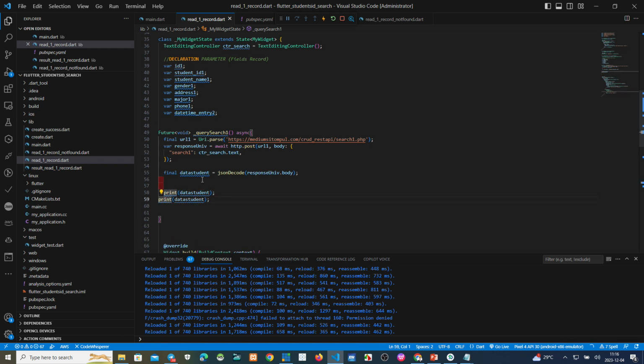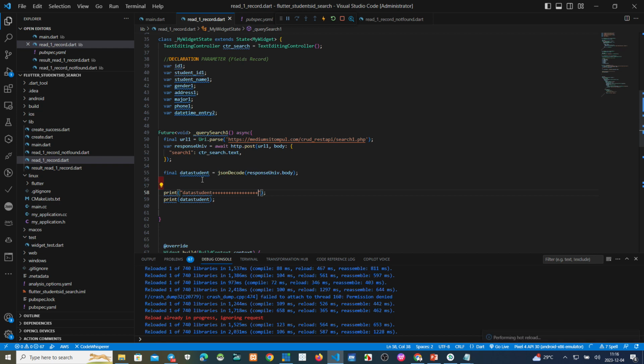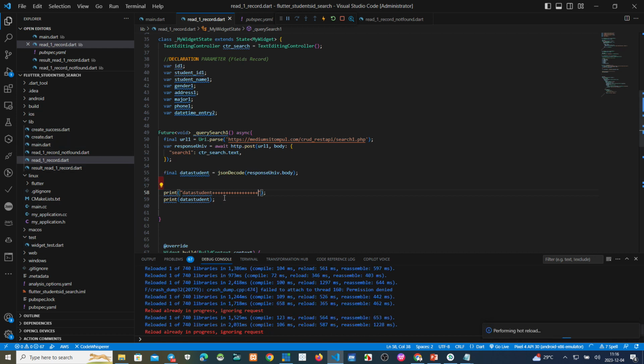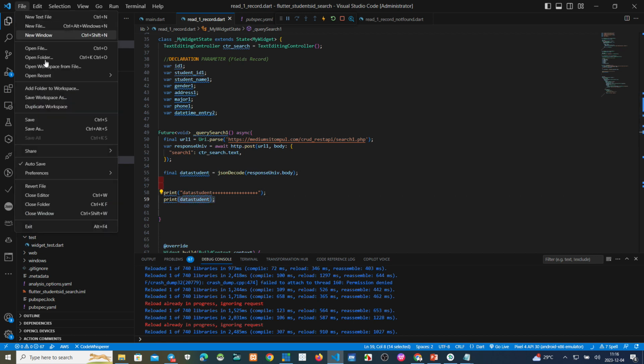Yes, make the name data student. To make it easy to see where the data student result is, if you see this plus plus plus, the bottom of the plus plus plus is the data student. Okay, we save.